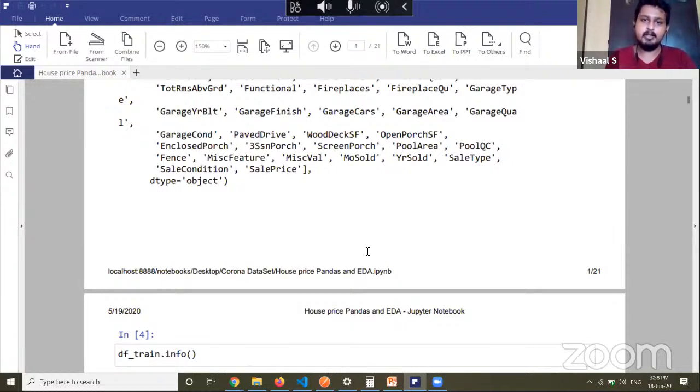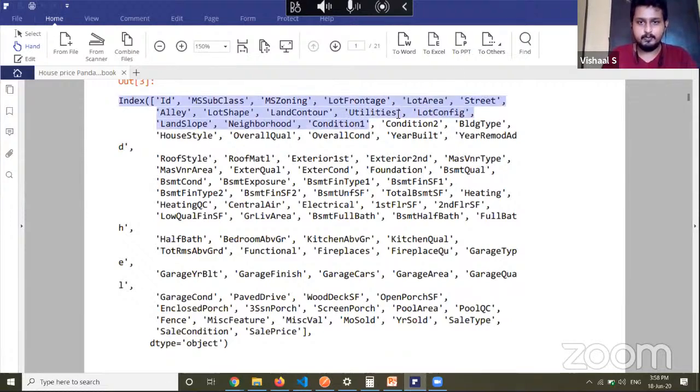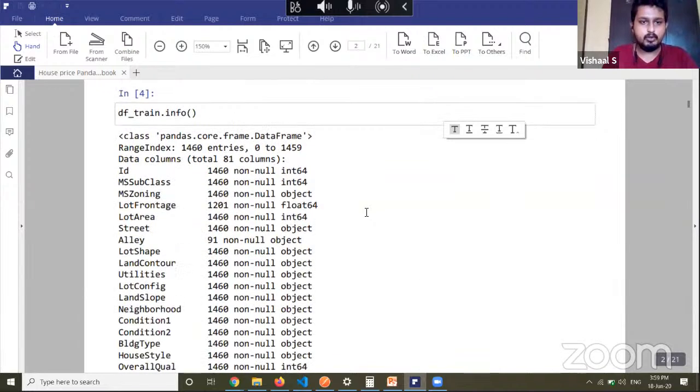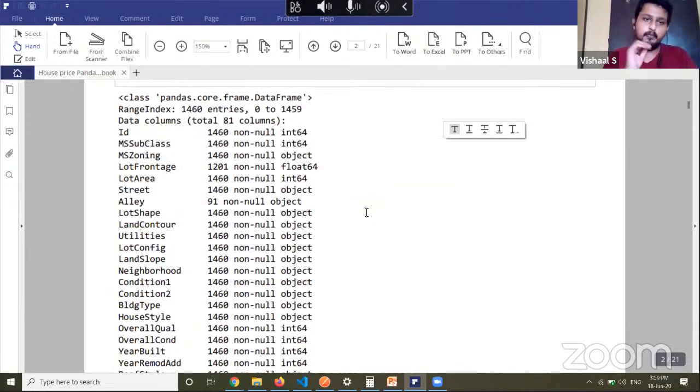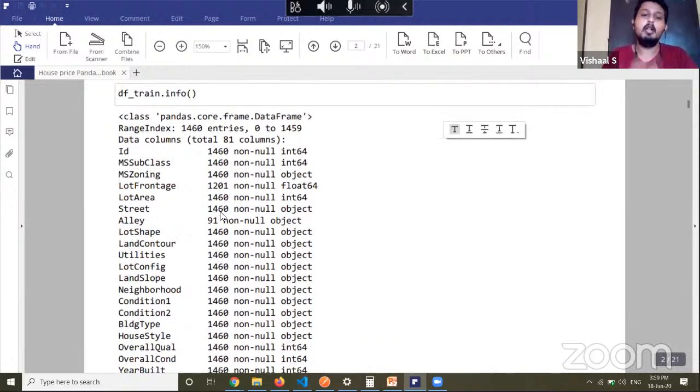So these are the basic things. For our example, we just have this many columns. You can see utilities, year built, and other things. It will be like a form of data, which has each and every column. You can also see with the help of this command, the info command, this will give